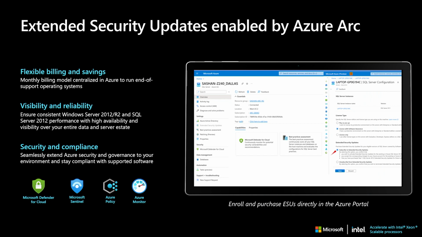You can use extended security updates enabled by Azure Arc as a monthly subscription. So once critical updates are available, and if you have enrolled your SQL servers for Arc, we will detect and give you a report of which ones are using 2012 and ready for extended security updates, or ESUs. And you can go into the portal and use a monthly subscription to enable these for SQL servers for ESUs. Once critical updates are available, Azure Arc will automatically distribute to Arc-enabled SQL Server instances that